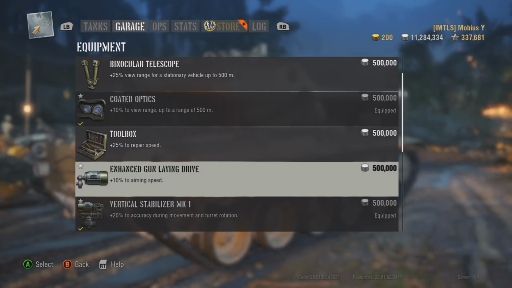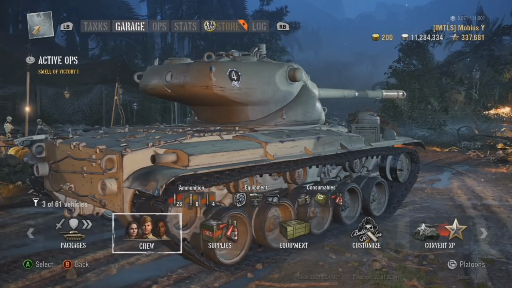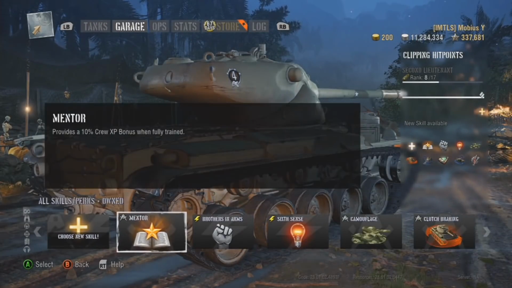If you don't want to use coated optics, I would definitely recommend an enhanced gun laying drive to help with that aim time. Apart from that, I don't really suggest anything else. You may consider wet ammo rack, but I really do not recommend it because you can just train safe stowage on the crew. Speaking of the crew skills, I had most of my essentials here to start things off,